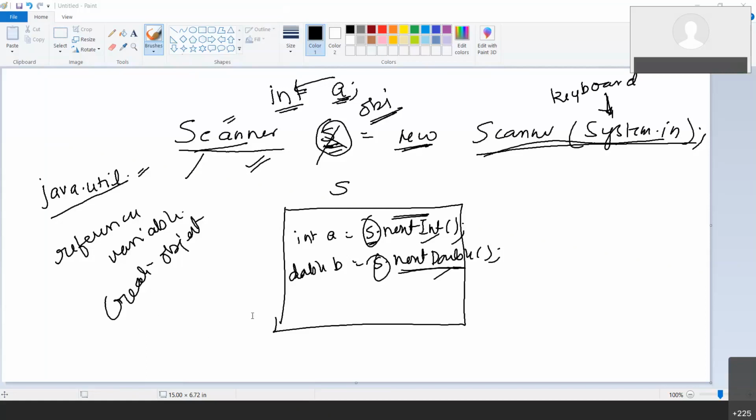Clear? Understood? Now for scientific calculation, if you need a precision with 15 decimal places, I will use double. If I need 6 decimal precision, I will use float. Any other question?